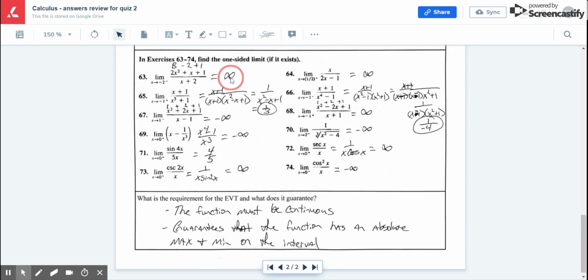So now I need to figure out whether or not we're going to infinity or negative infinity. So again, I want to think about plugging in a number just to the left of -2. If I plug in something just to the left of -2 on the bottom, it's going to be negative. Plug in something just to the left of -2 on the top. If I plug it in there, I'm going to get a positive value that's bigger than that value. So the top's going to be positive. So I get a positive